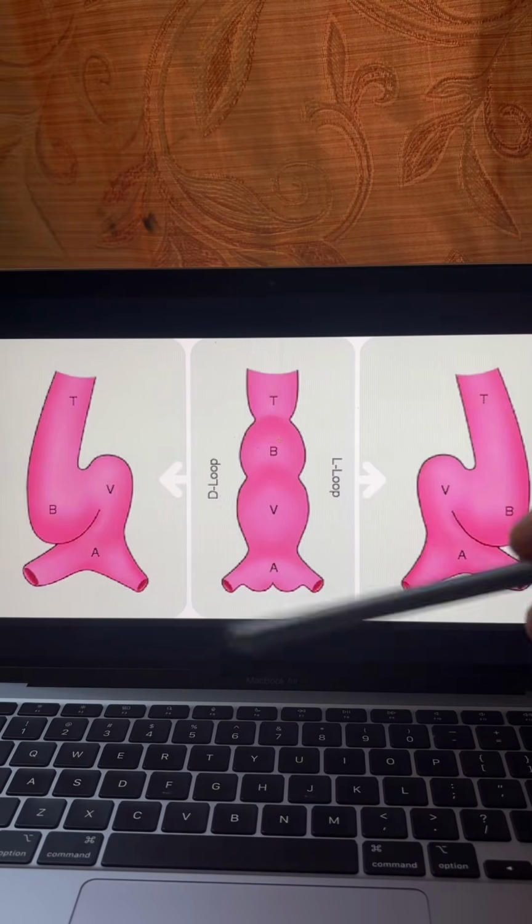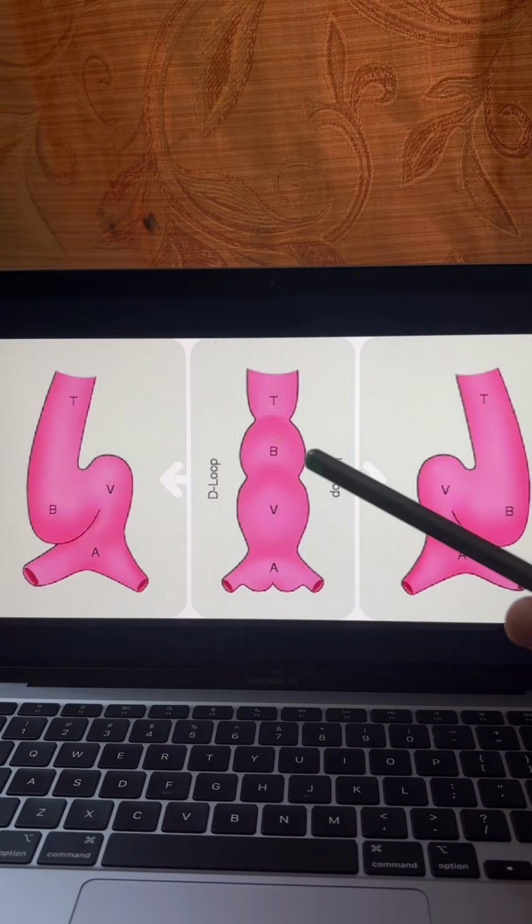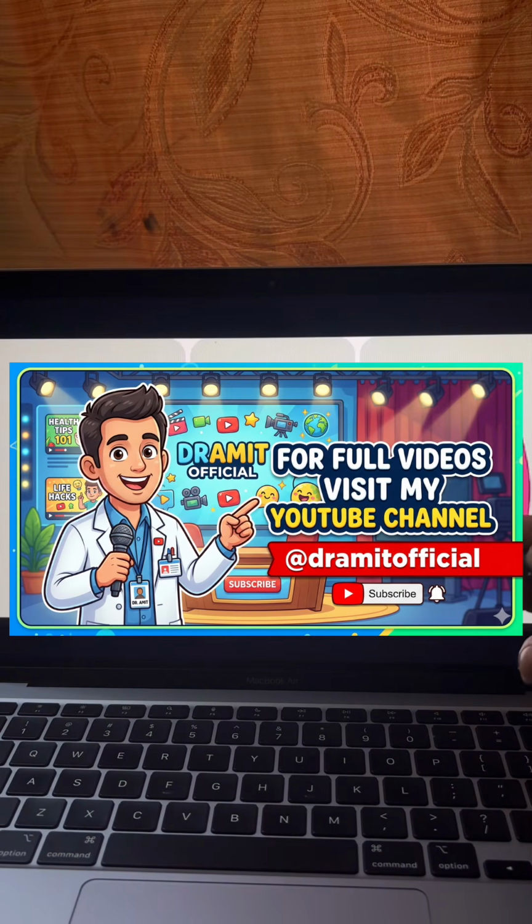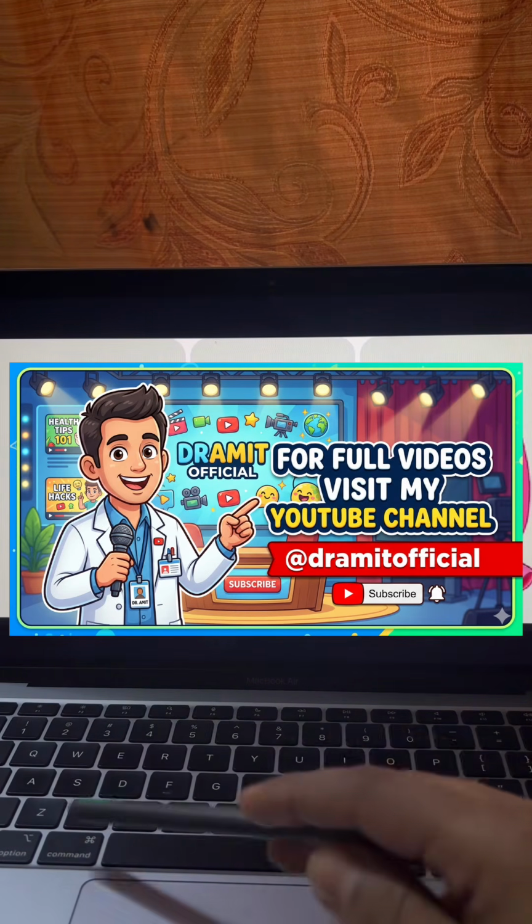If you wonder why heart looping happens, it is because the heart tube grows very fast but the space is very limited. So it bends and folds to fit inside the chest. So this heart tube